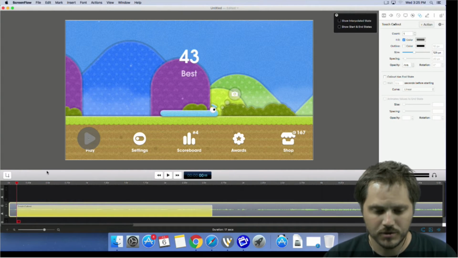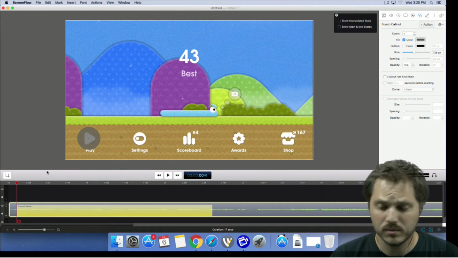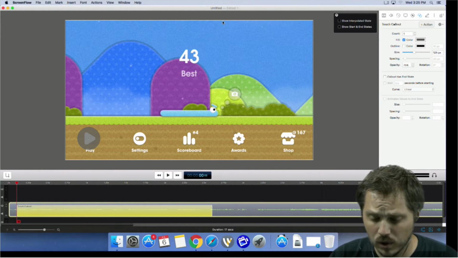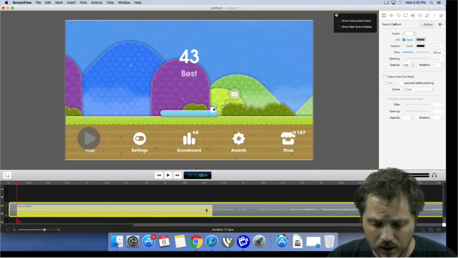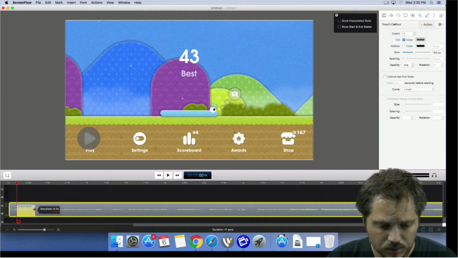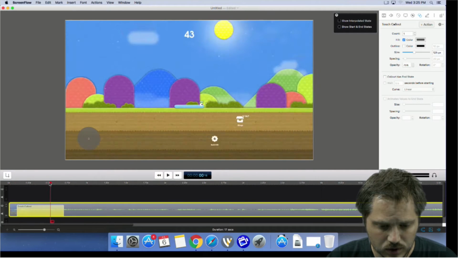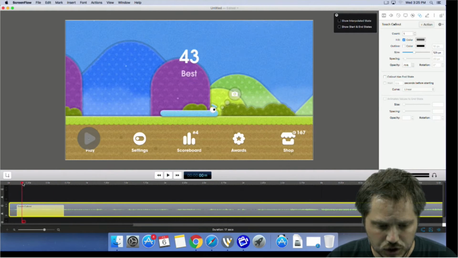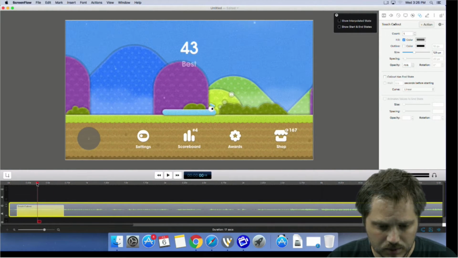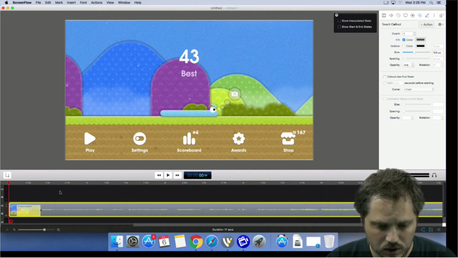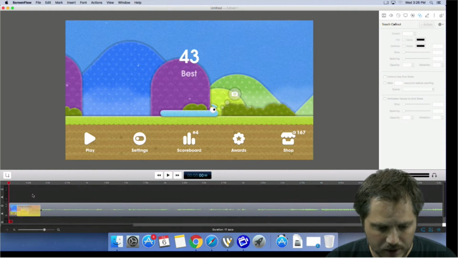Okay? By default, touch callouts are this gray color, which can work just fine if you like. I also don't want this thing to be very long because I just tap it, right? So, it should be off the screen by the time the play button is disappearing off screen. So if we just play that back,